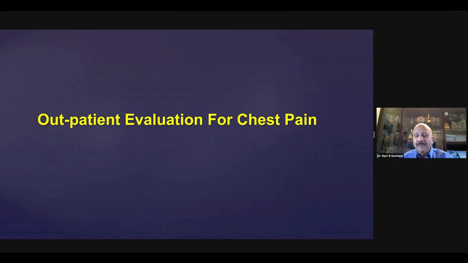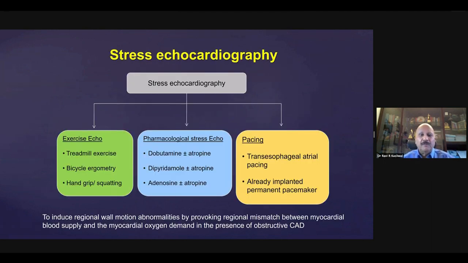saying that, look, I had family history, my father died at age 55 of an MI, I'm 30, please evaluate me. Then one of these things can be very helpful, that we can employ stress echocardiography. Everybody is aware of TMTs, but here we can do stress echocardiography, in which you can do treadmill exercise, bicycle ergometry, hand grip. And these induce wall motion abnormalities by provoking a regional mismatch between the blood supply and myocardial